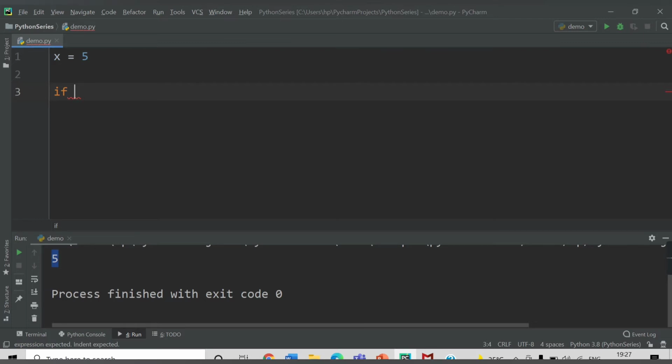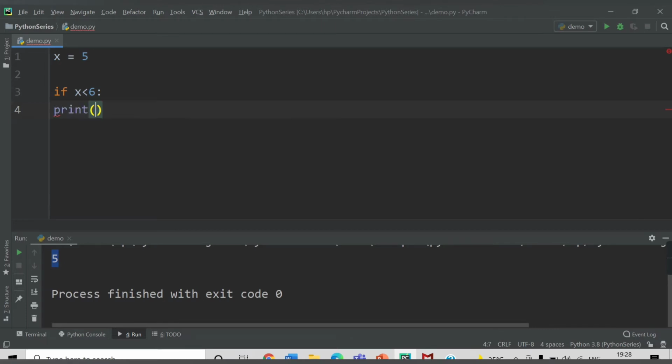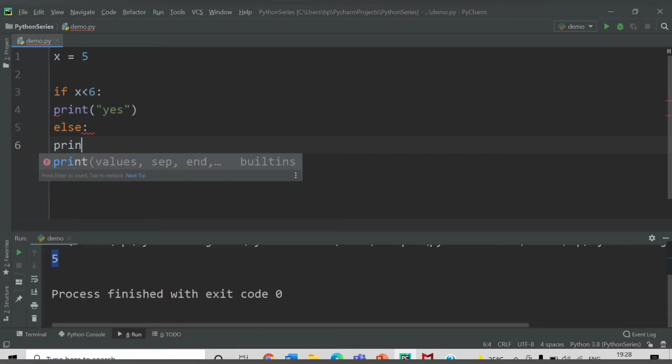So if x is less than 6, you need to give your colon, and here I want to print yes. If my value is less than 6, I want to print yes, else I want to print no.